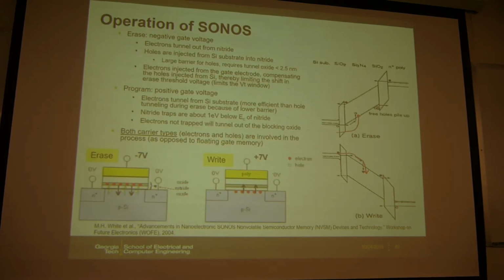And the operation of this charge trap cell is very similar to the floating gate cell. The program and erase are due to the FN tunneling. And the only difference is that in the